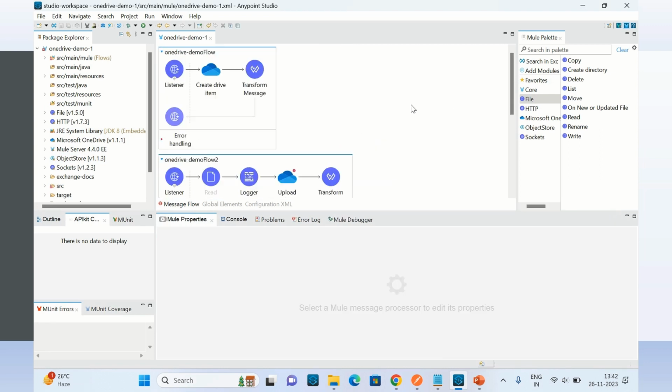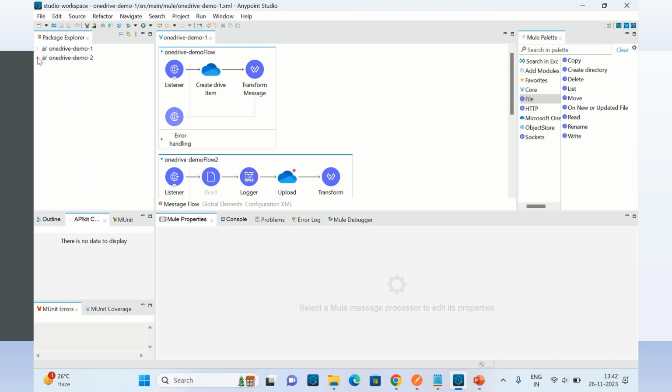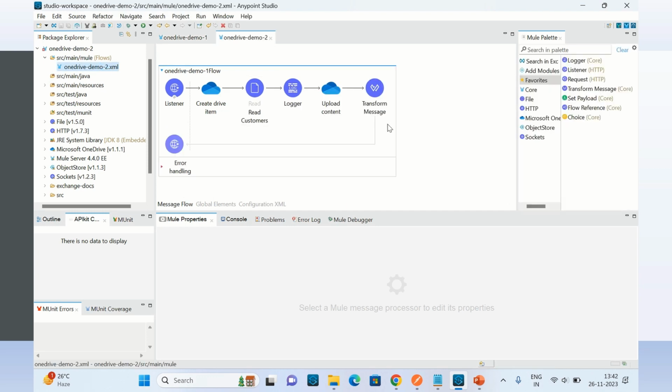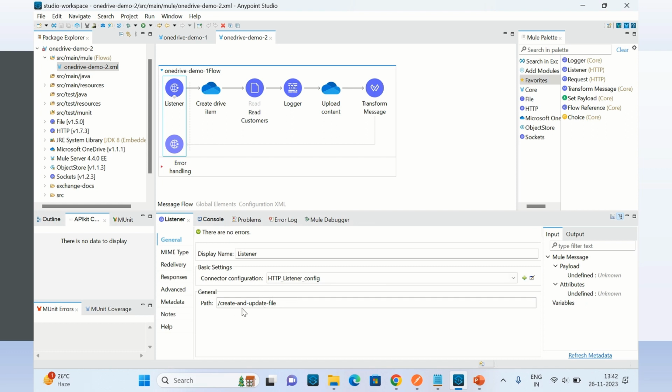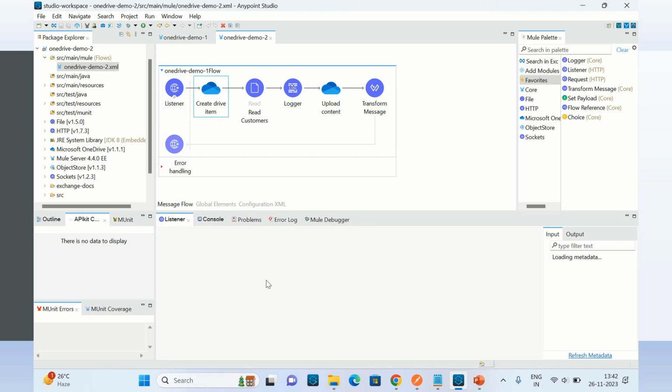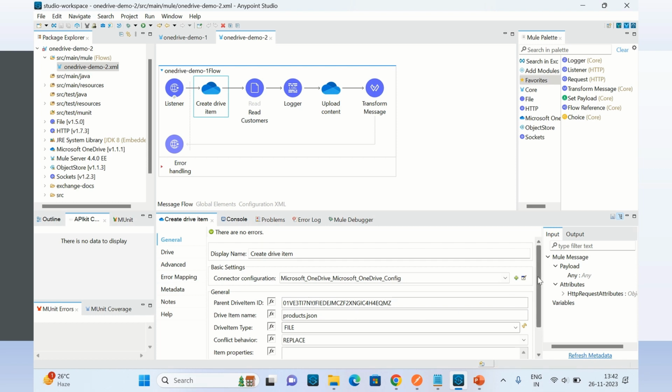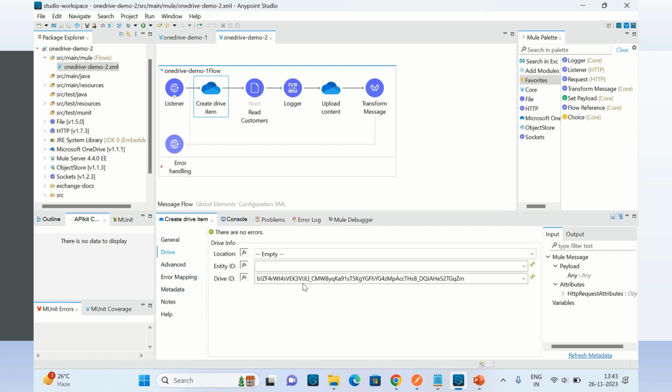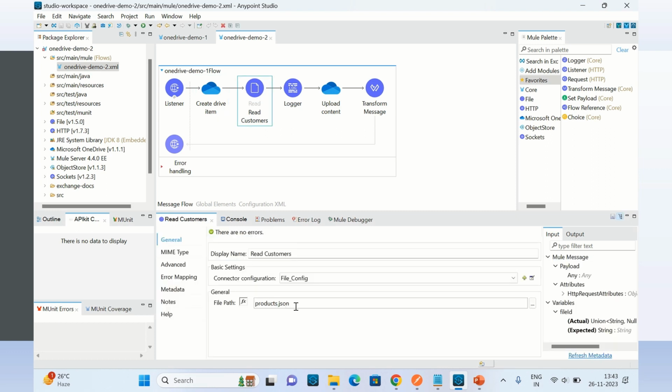Now in this application, I'm using the authorization code grant type. Now I will demo the same functionality using the client credential grant type. It's the same endpoint, same path here. I'm doing the same thing here. My parent ID is the same because I'm putting the file in Muse files folder. Drive is also the same. I'm reading the products file